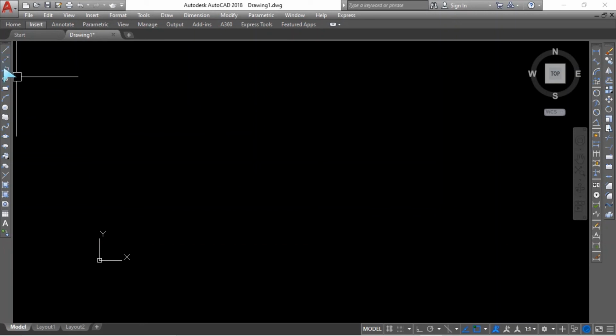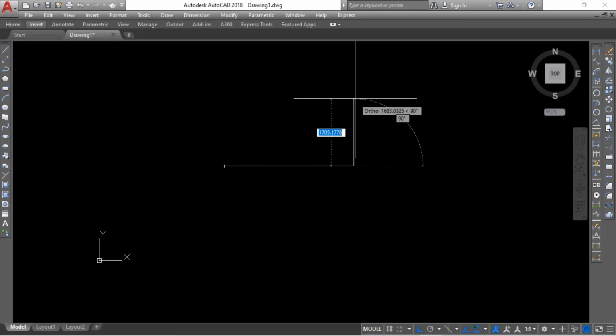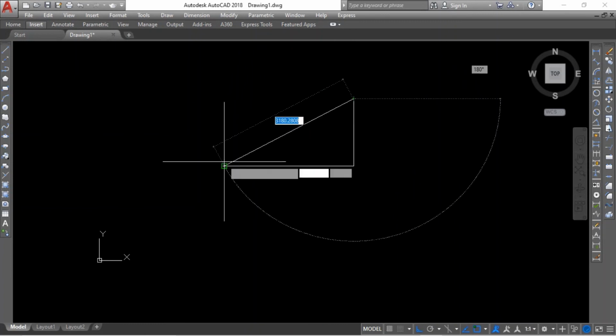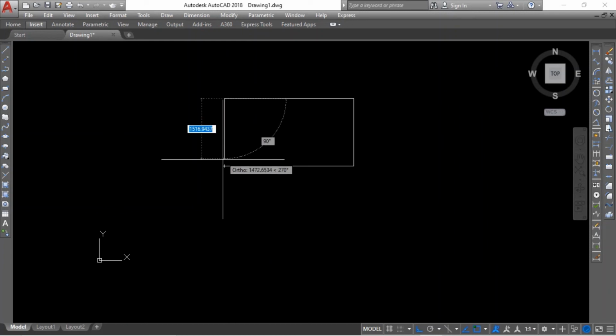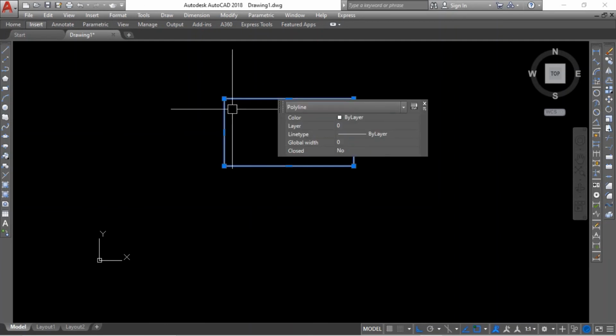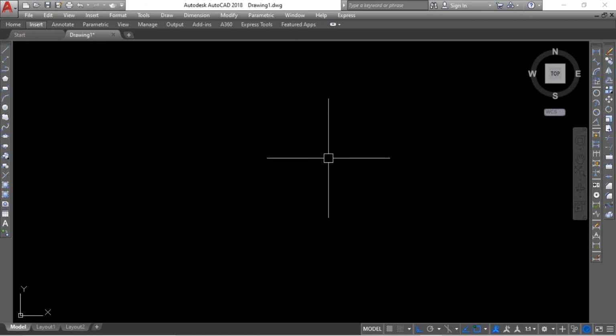Now we will move to the third one. The third one is called Polyline. Press F8 for a straight line. A polyline is basically a line which can make a closed boundary. By clicking, you can see this is a closed boundary. You can draw a rectangle or a square with this polyline. Now again we are deleting this one. Thank you.